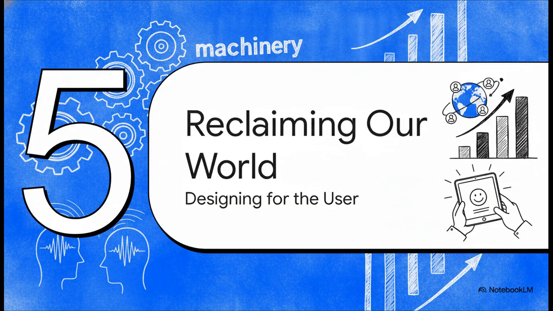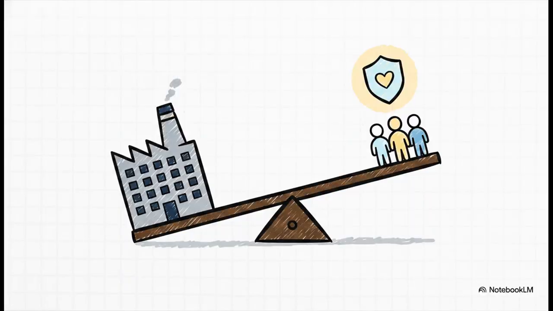All right, finally, let's move to Section 5, Reclaiming Our Digital World, Designing for the User. So how in the world do we fix this immense psychological machinery? Well, the key takeaway here is that these digital environments aren't naturally evil. In fact, they can actually foster incredibly positive social support and political participation. But regulators and users must address the extreme power imbalance between the platform owners and the public. We literally must radically redesign this infrastructure to prioritize user well-being over corporate profit and blind engagement metrics. It's time we start treating our digital environments with the exact same care and regulation we apply to our physical ones.